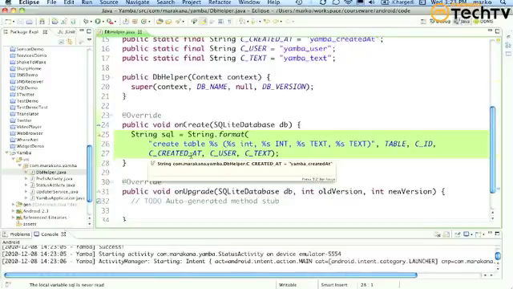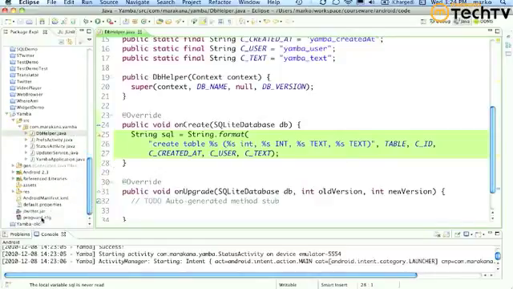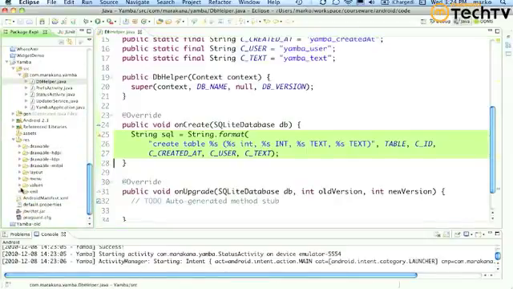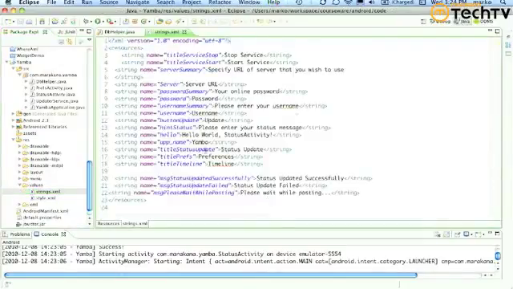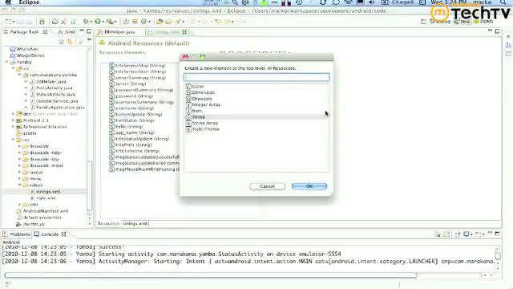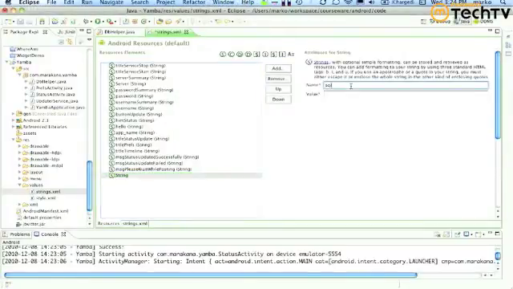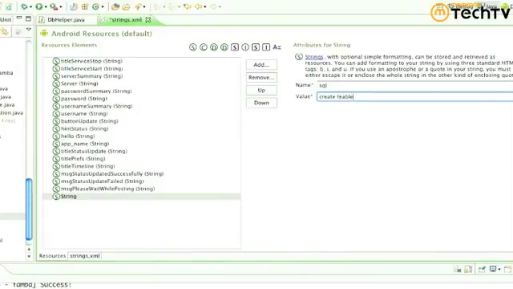If you're done with this, something to think about: what would be an alternative way of defining this spaghetti string? In the strings vector. An alternative, you guys don't have to do this, but just to provide you with one, would be to define it in strings XML. That's much cleaner. I could do string SQL and just type it: create table statuses,